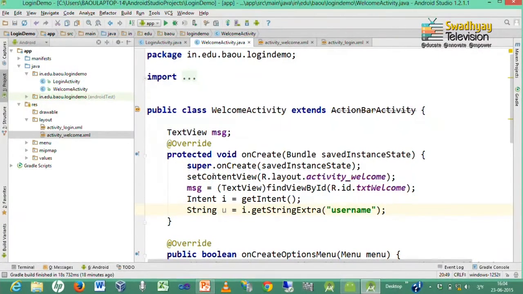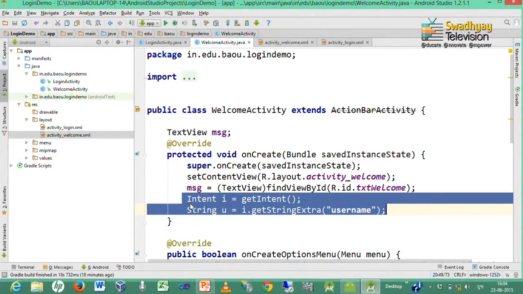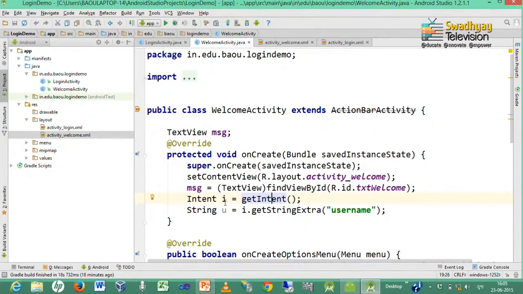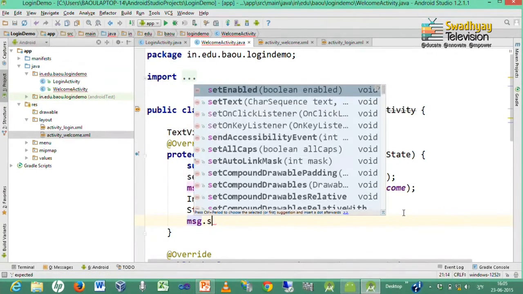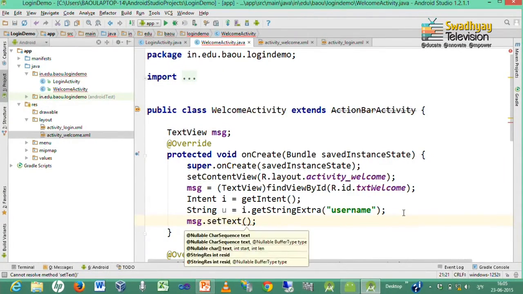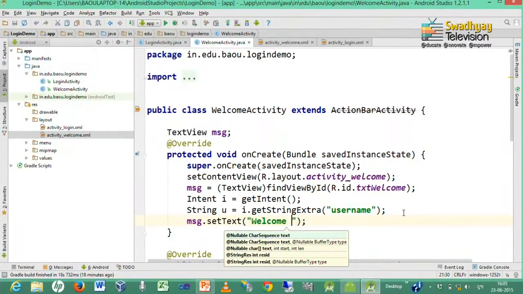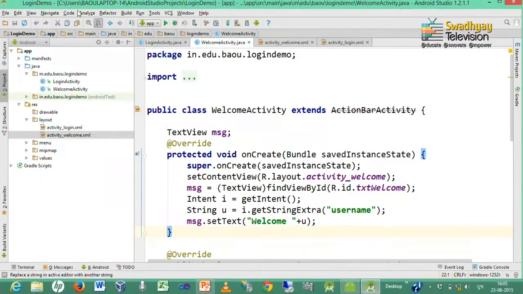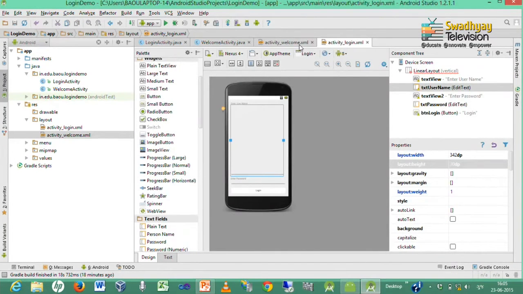So, what these two lines do is inside intent i we get incoming intent, and from this intent we get one data with name username inside variable u. Now, we want to display u in that text view with name msg. So, we write msg dot set text, and then we write welcome plus username which is received inside variable u.